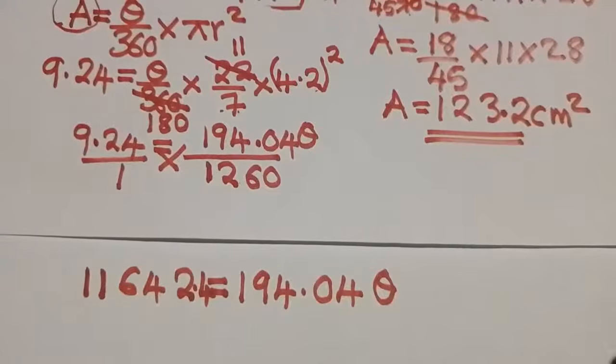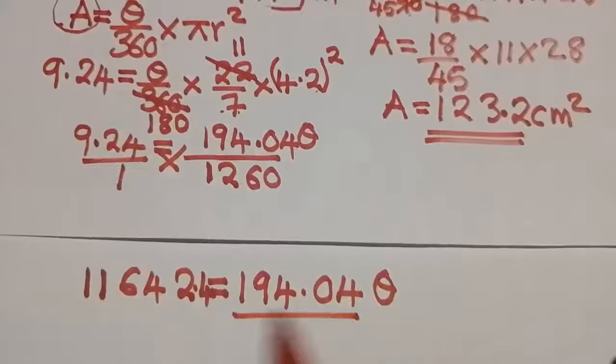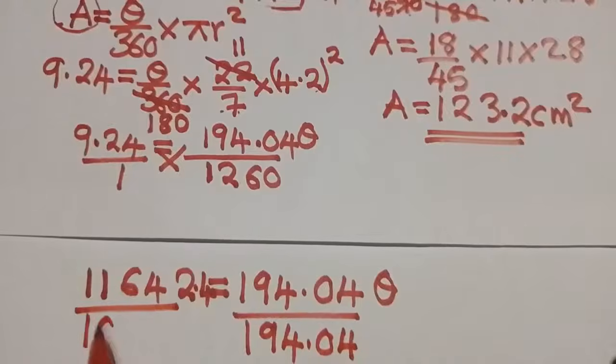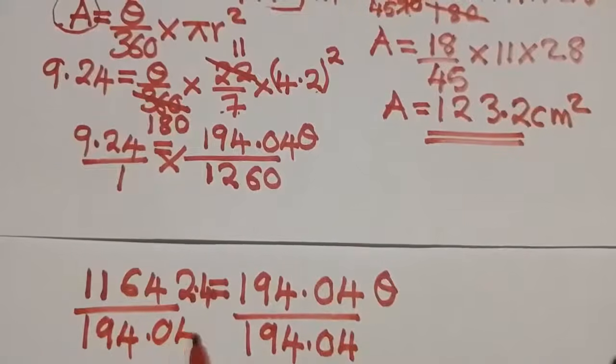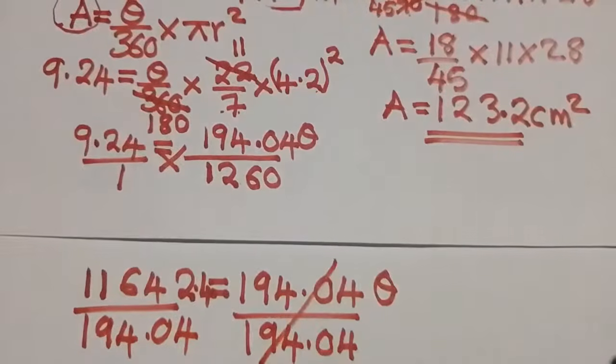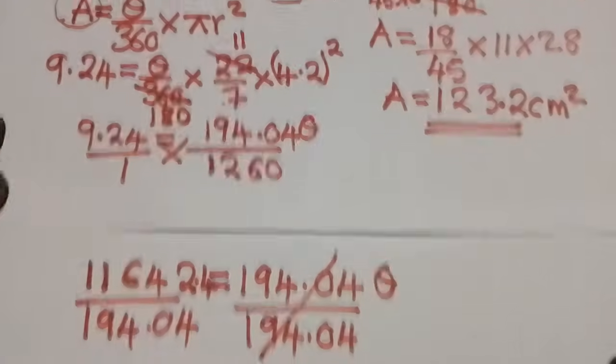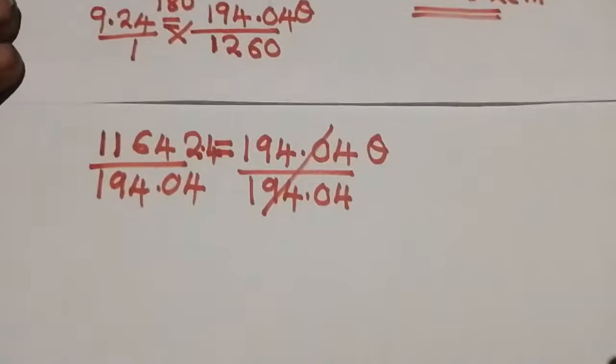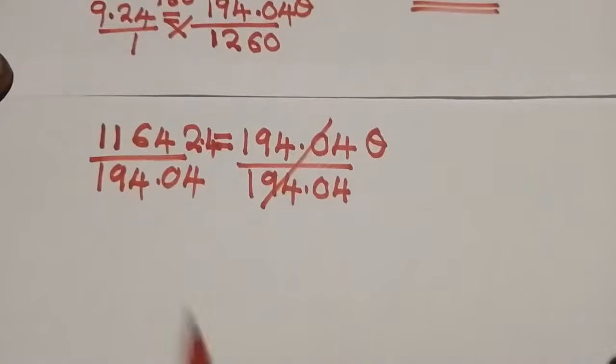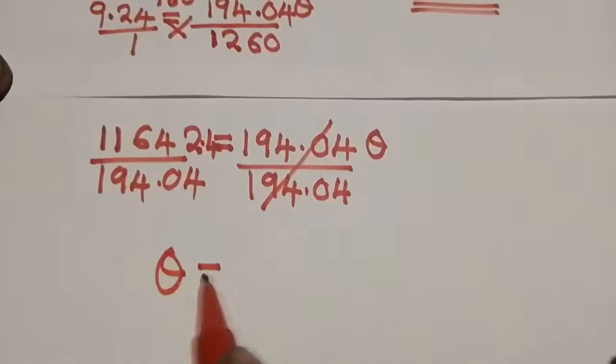So now you do the calculations. You divide both sides by 194.04. These two are going to be cancelled, and you are going to remain with theta, which is equal to